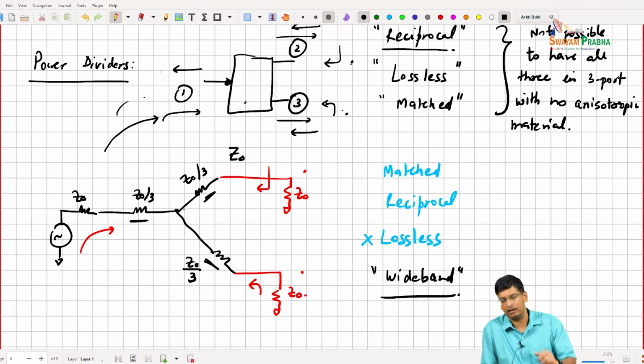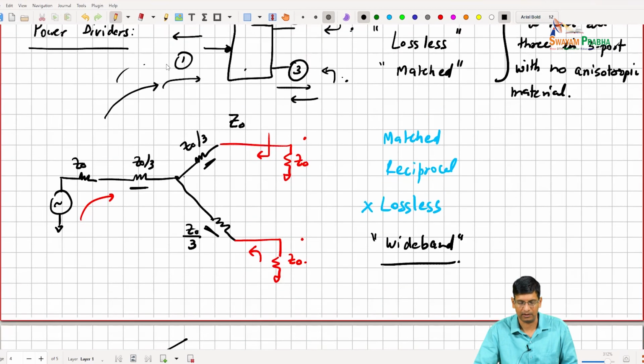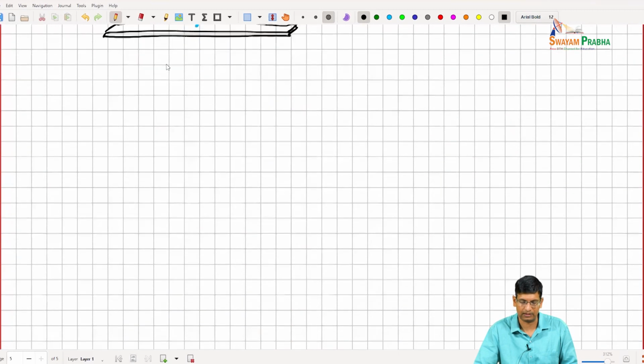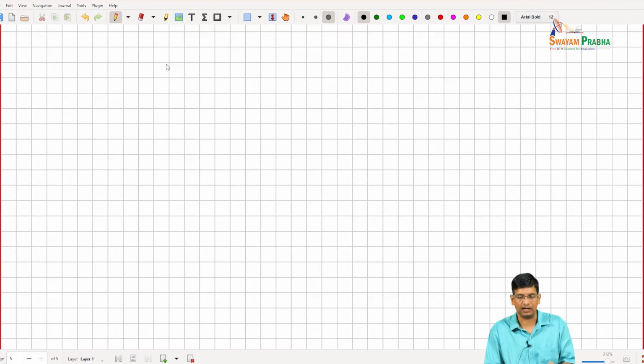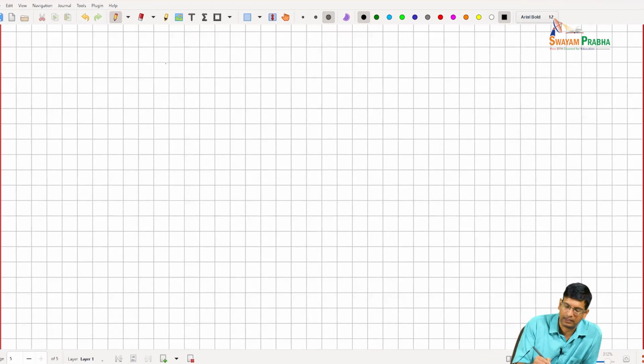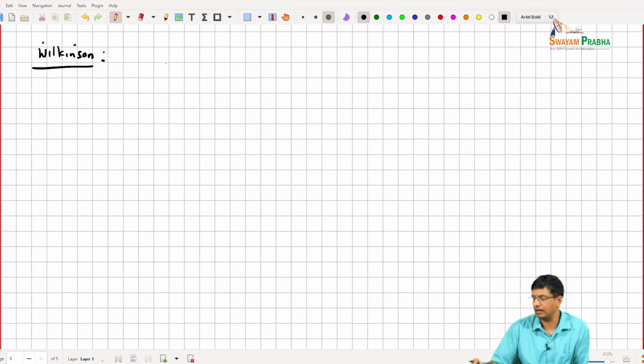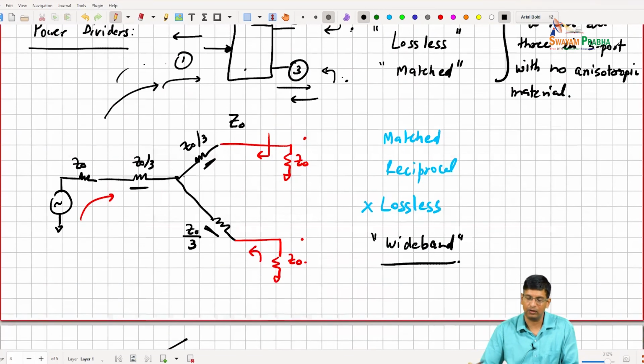You can buy components that do this kind of power division using these resistors, which are quite wideband, and that works, right? So there is a popular power divider or combiner that we use, which is called the Wilkinson, right? And the reason why we like the Wilkinson is that if we look at this particular case, what we find is that